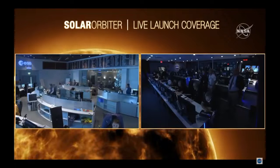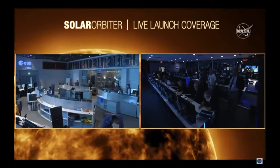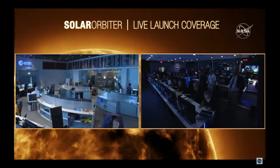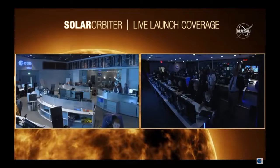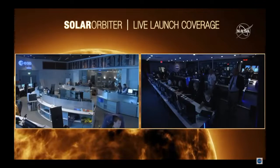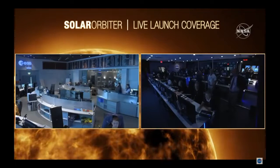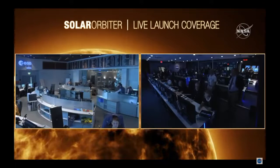Watching that very closely, and as we await the solar array deployment, certainly they have a lot of work to do in the future because it will be several years before Solar Orbiter is in position to start gathering data and doing its science on the sun. So that operations center in Germany that you're looking at on the left, they've got a lot of work ahead of them. Oh, absolutely. In the next few months, they have a lot of checkout they want to do